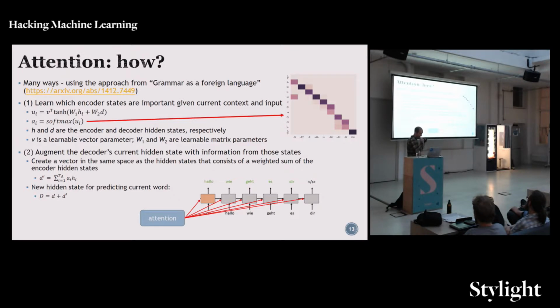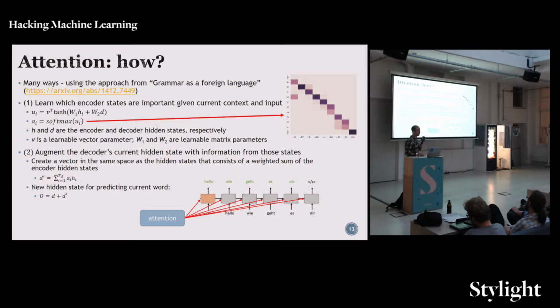The one that we use in this model is pretty straightforward. You basically get a representation of each of the encoder hidden states for each of the time steps. So after you've put in each word, the current value of that hidden state, plus the current value of the decoder hidden states. And then you basically run a nonlinearity, you put it through a softmax, and that softmax gives you a probability distribution over those hidden states in the encoder. And so then what you do is you get a weighted sum of all the encoder hidden states, and you add that to your current hidden state for your decoder,